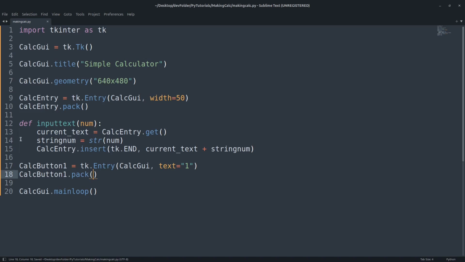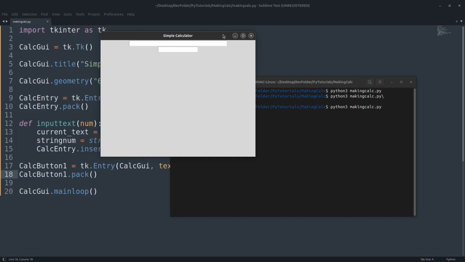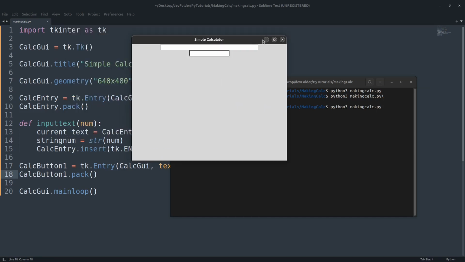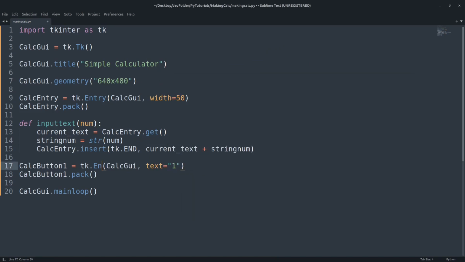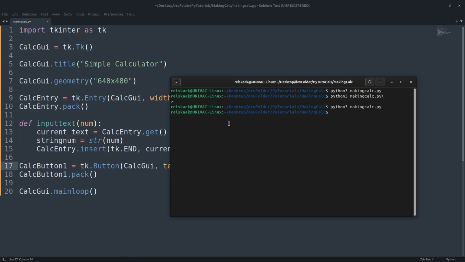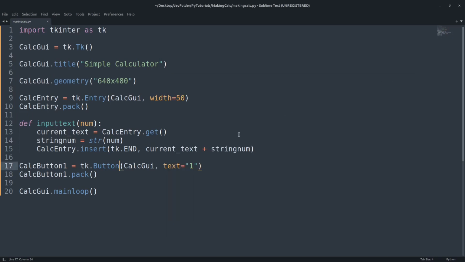and let's just do this. Oops, this is supposed to be tk.Button, not Entry. tk.Button. Now let's try this again. And 1. Oh my god, I forgot to link the command. Silly me. So command